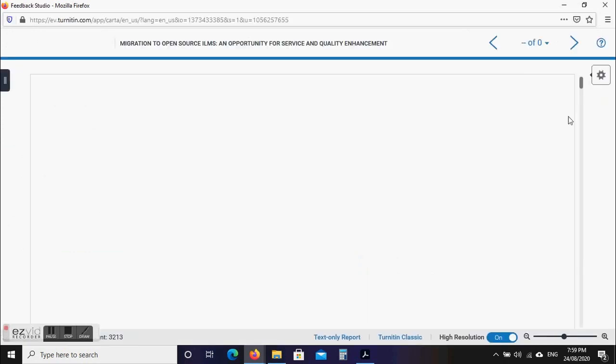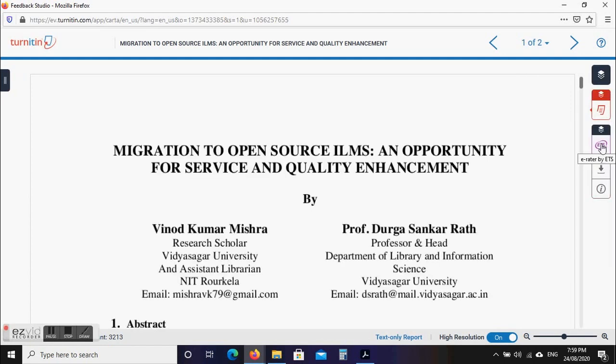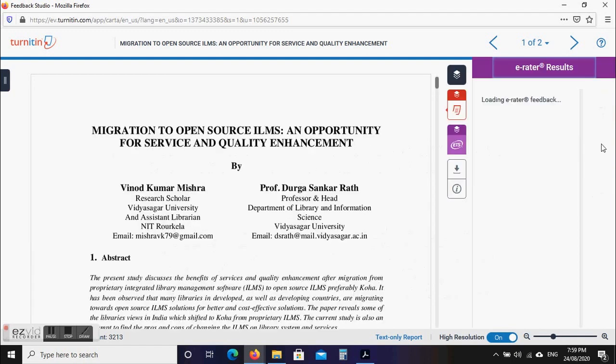Loading e-rater, add feedback. So it will show you the number of words, possessive, grammar, mechanics, misappropriate usage, all these Grammarly mistakes that you need to improve. So this is the option for the Grammarly check, recently implemented by Turnitin.